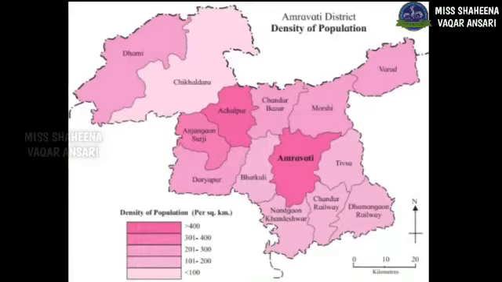Now tell me children, when we are looking at Amravati, where do you see the darkest shade? We already saw it in the dot method. So without looking at the map, you should be able to tell me. Yes, it is Central Amravati. That is the darkest shade of pink.